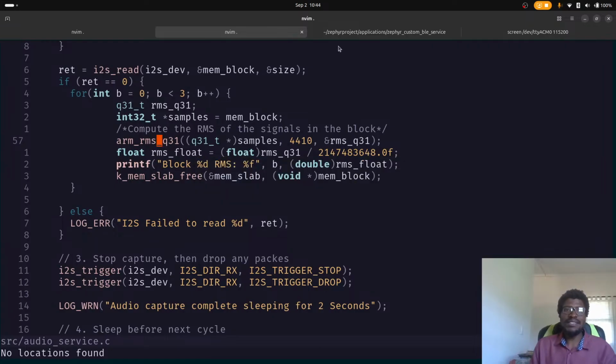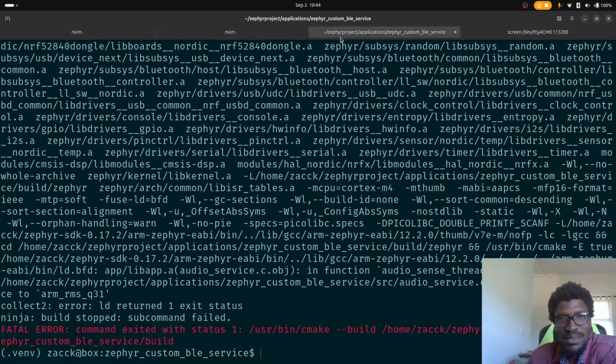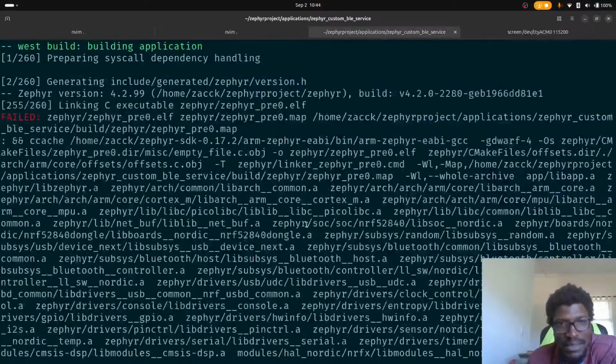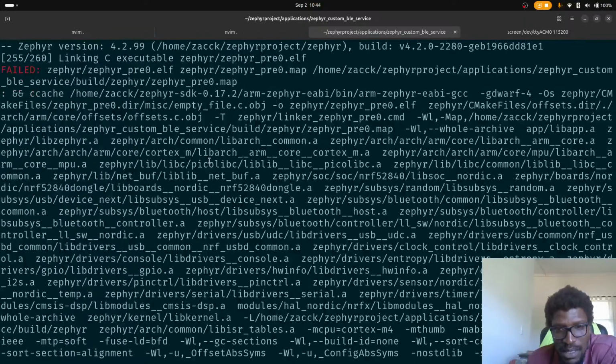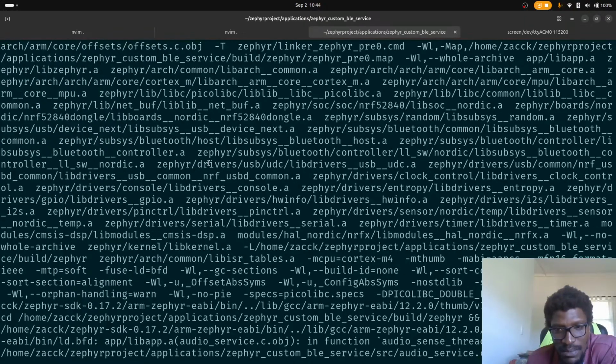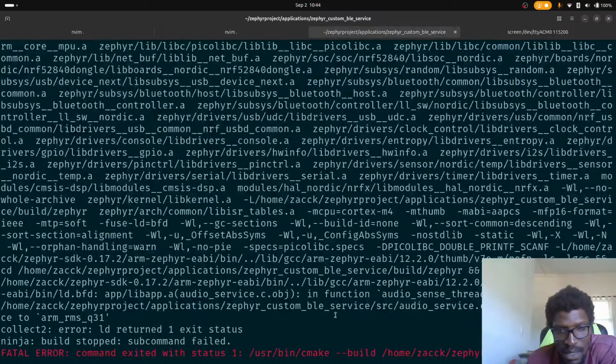I kind of like these sessions, but I don't like them as well, because now when it ends up failing like this, I have to go find out why. And let's look at this. Yeah. Here's the error. undefined reference to arm_rms_q31. I wonder if I need to